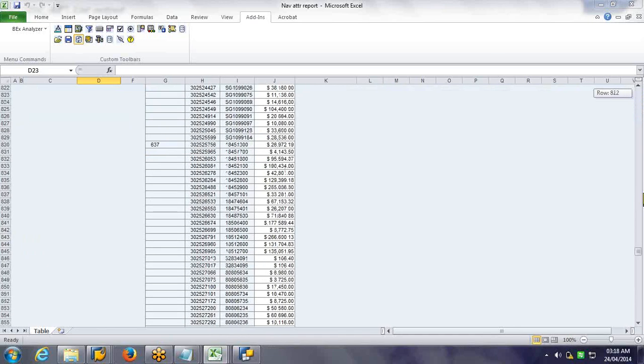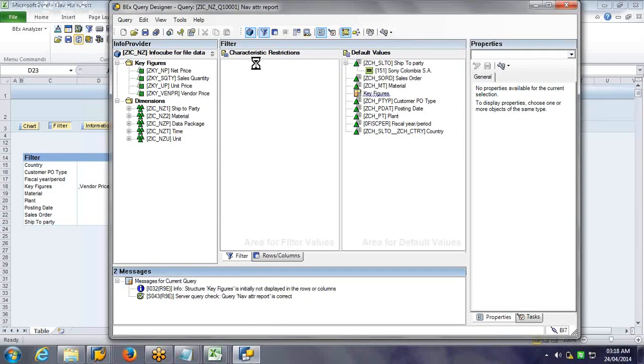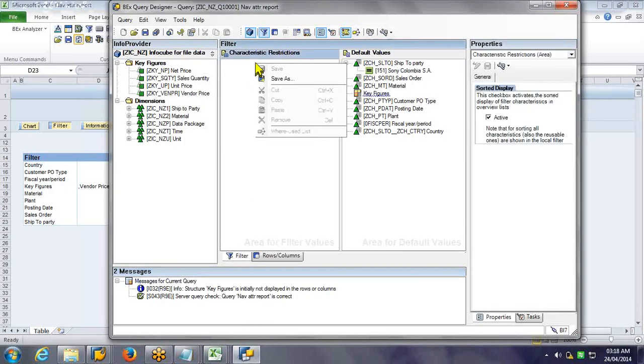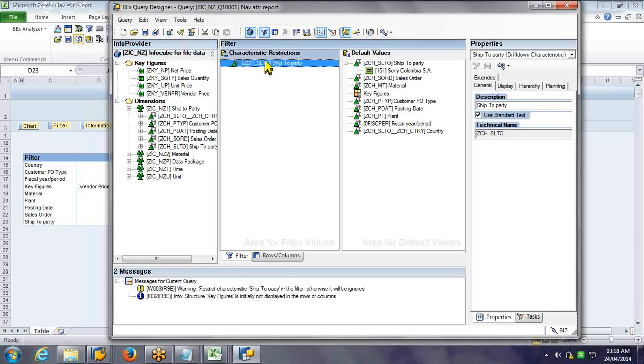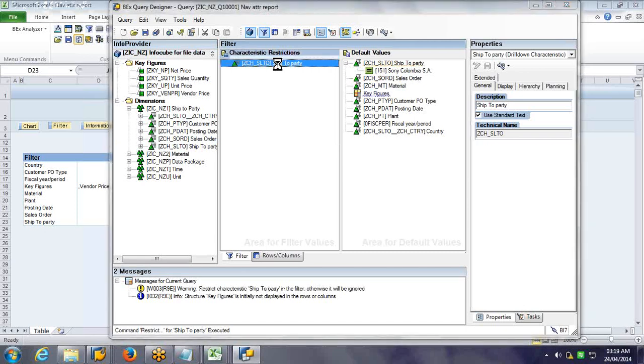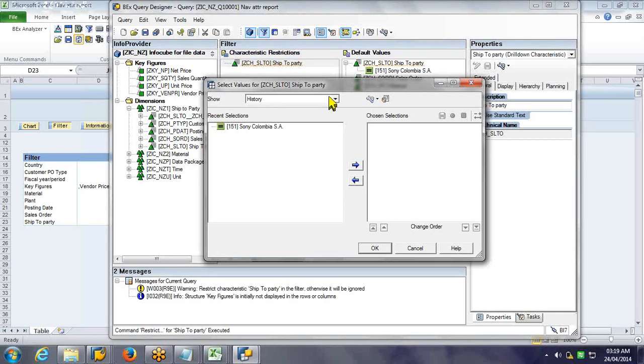Now the same thing I can restrict in the characteristic restriction. First get the ship to party. Right click, restrict. Recently we used it, that's why it's showing in the history.